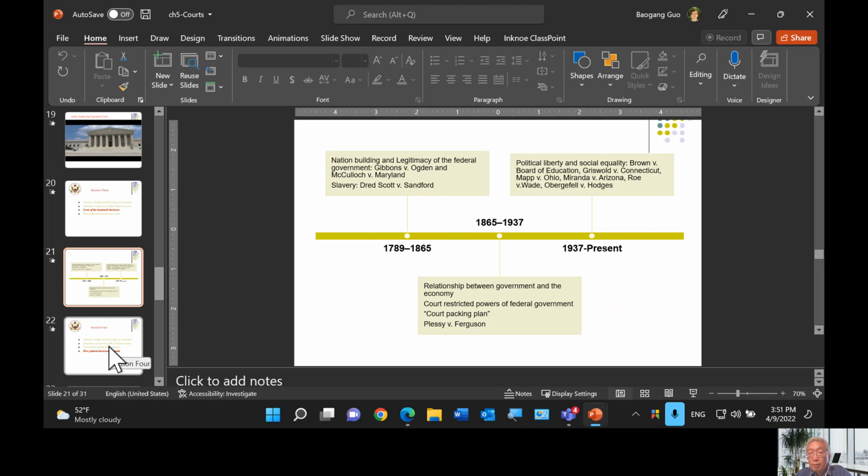Mapp versus Ohio and Miranda versus Arizona are all dealing with the rights of the suspect. What kind of rights do they have? They have the right to have lawyers. And what about the Fourth Amendment search and seizure? What about the Miranda rights?